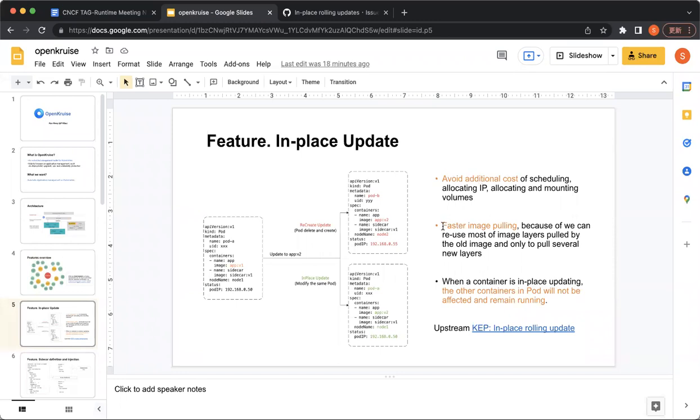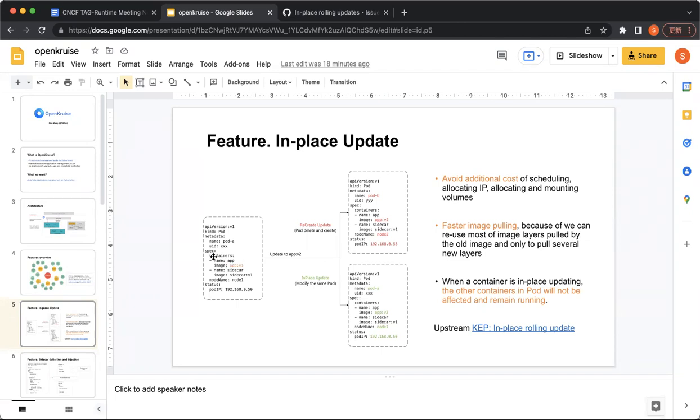Besides, it has faster image pulling because we can reuse most of the image layers on the same node. And when a container is in-place updating, the other containers in the pod will not be affected and remain running, which means